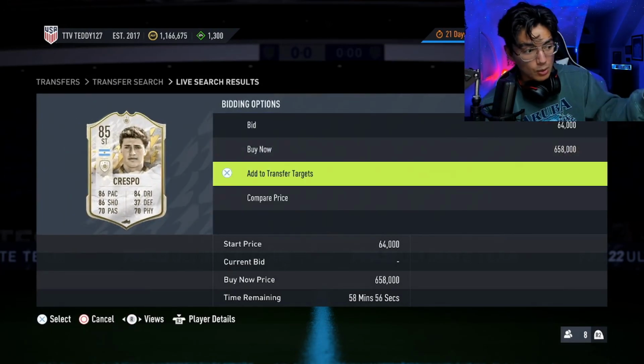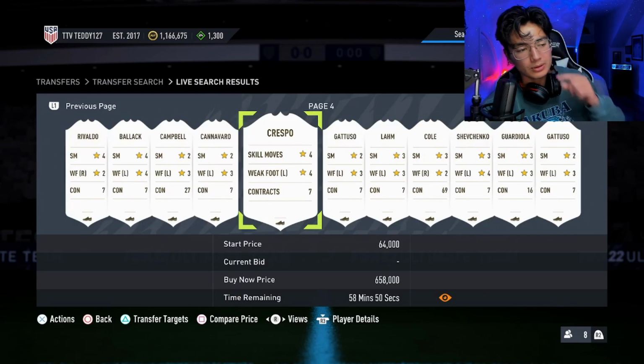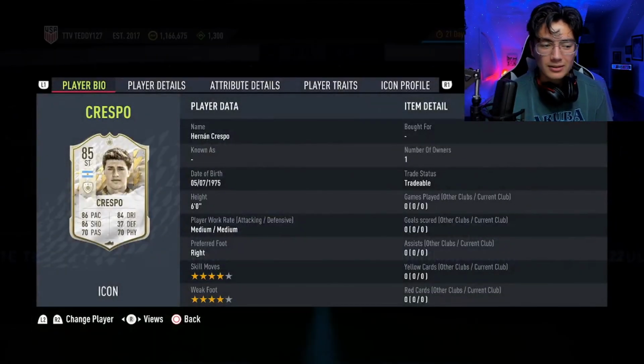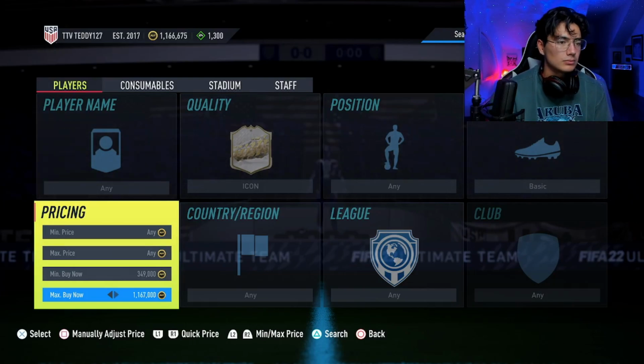And remember, watch the bids, 658 on a Crespo. Not a buy at all. But remember, if you are thinking, oh my God, it's a fresh icon, I can get a deal, sometimes check as well. Unless it's a crazy deal, just buy the card. But that's another one. This is really, really good when we have content, promo packs, whatever it is, because of